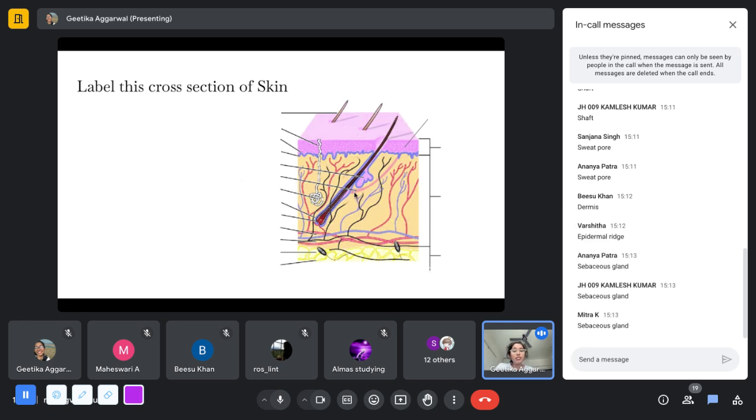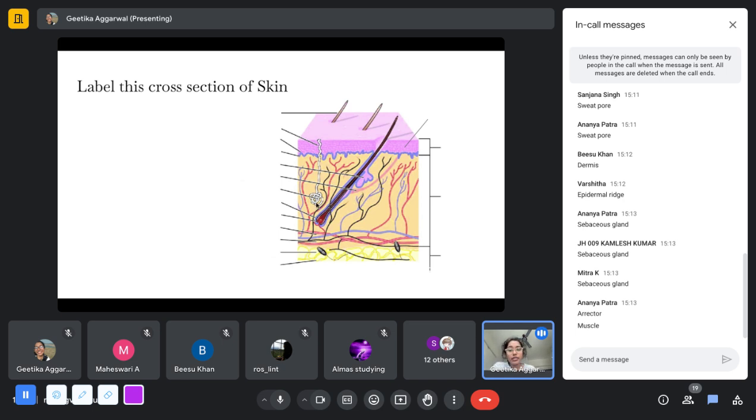What is this muscle structure that connects the hair shaft, or say the hair, to the epidermis? Erector pili muscle, correct. So you guys are correct. So this is most of the things. As you can see, hair is the